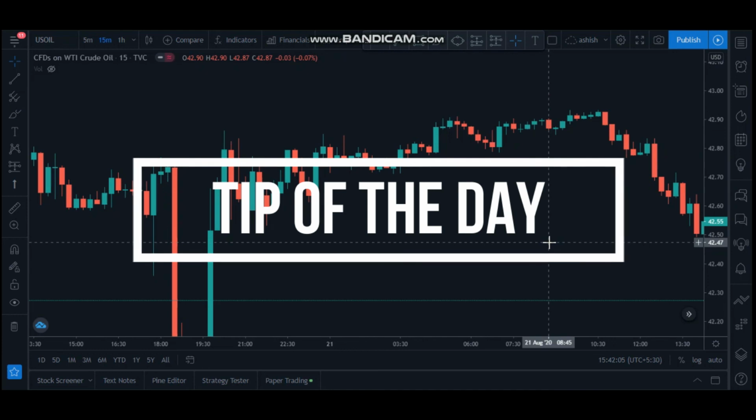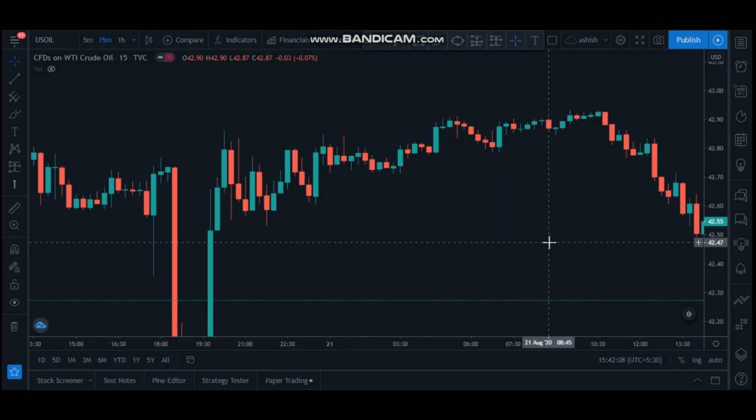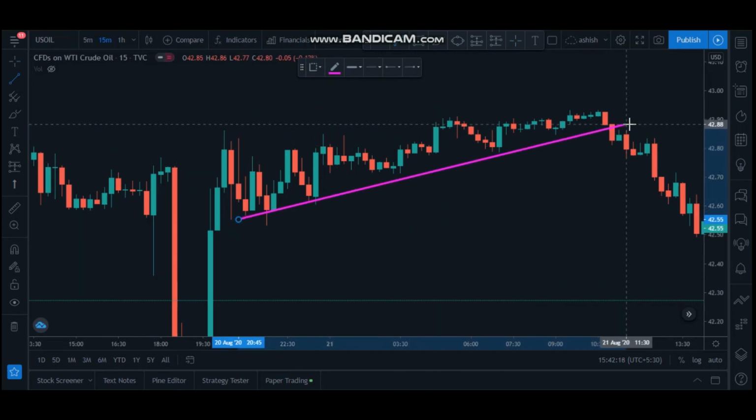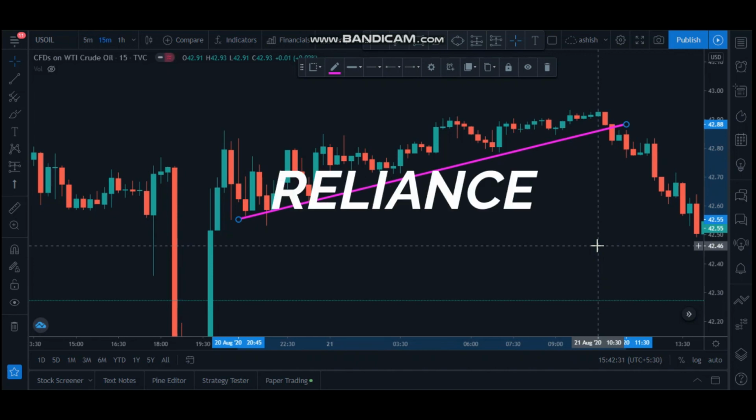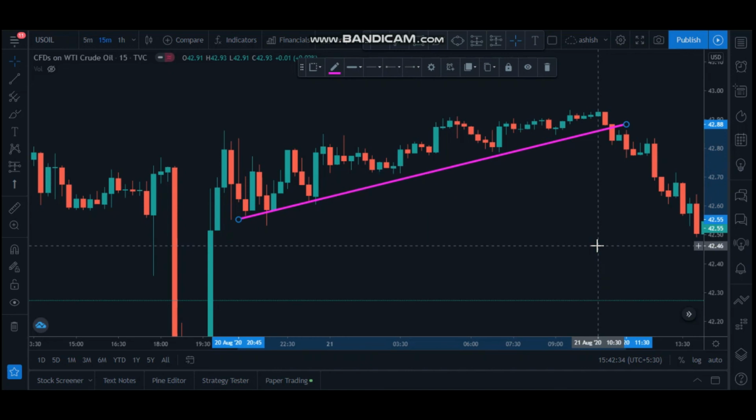So the tip of the day is to select only a few patterns. Like I like to trade price action, and inside price action there are triangle patterns. I like to trade trend lines like this, and candlesticks with volume. So you also choose whatever suits you and trade according to that. And you can also choose specific stocks, like 3-4 stocks, such as HCL, Reliance, HDFC, or whatever suits your trading style, and trade in those stocks. What will happen is it will make you familiar with your trading style, and you will get to know more about how a specific stock performs.